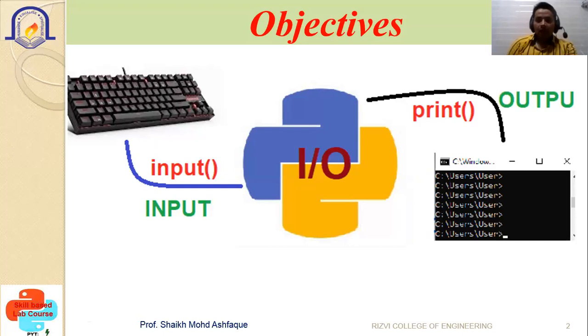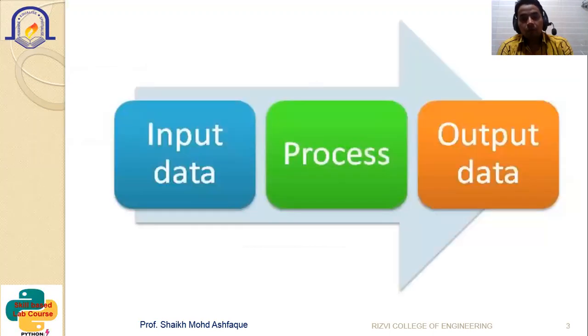Similarly, for displaying output onto the console, either a string or values, in both cases the print statement is used. Print followed by open and close round brackets. In between, if you want to print a string, the string will be written. If you want to print the value of a variable, the variable should be written. So these two methods are used. Now we'll see how these can be used.